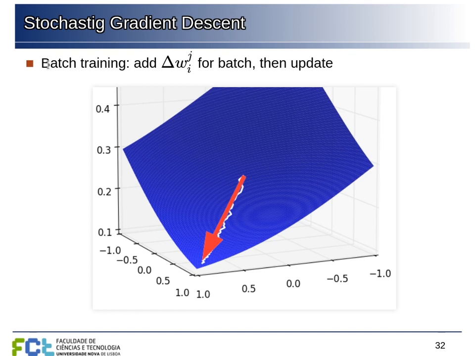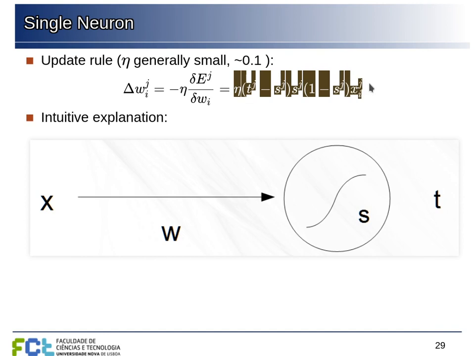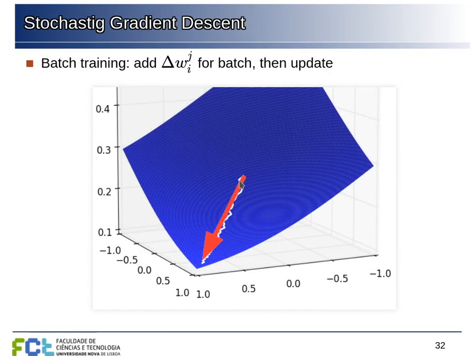But we take a batch of examples. We compute this expression for each example in the batch, and then we add all of these updates and take one single step corresponding to the sum of those updates. So it would be like we compute the sum of all these particular vectors, and then we change the weights of the network in one go. This is more efficient. It's still stochastic because we are choosing examples at random, but we are taking batches of examples, and we only need to change the network after each batch and not after each example. So it can help parallelization and improves the speed of training the network.